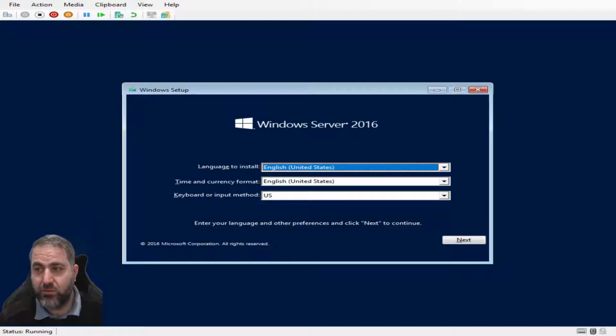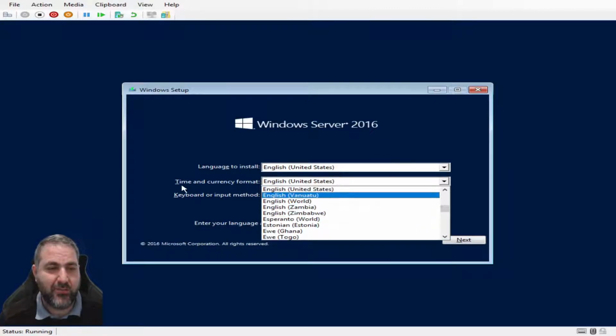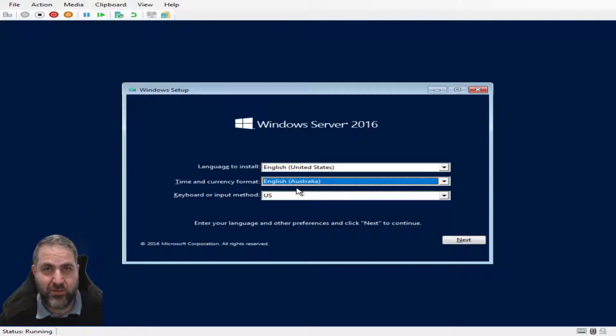So we've got language to install. I like to just leave it as it is with the language. We can make some changes later, but with the time and currency format, because we're in Australia, this is probably an important step to have that as Australian, because the currency we use is obviously the dollar, and we're in the Australian time zone, and date format is probably the biggest difference, because the US puts the month first. For example, if today is June 16,